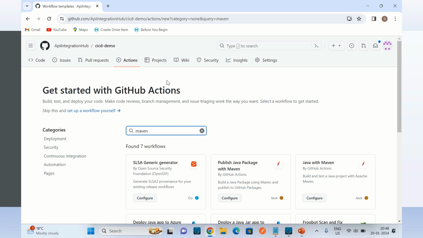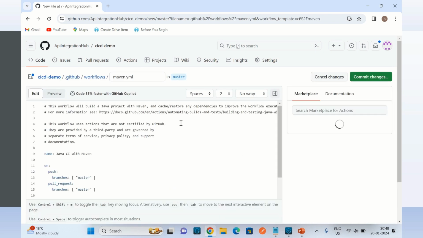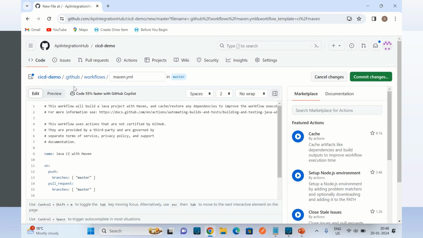I will search Maven and select this Java with Maven configuration. It has created a directory .github, and under .github there is a directory called workflows, and it created a YAML file. I will change the name of this file from Maven to CICD